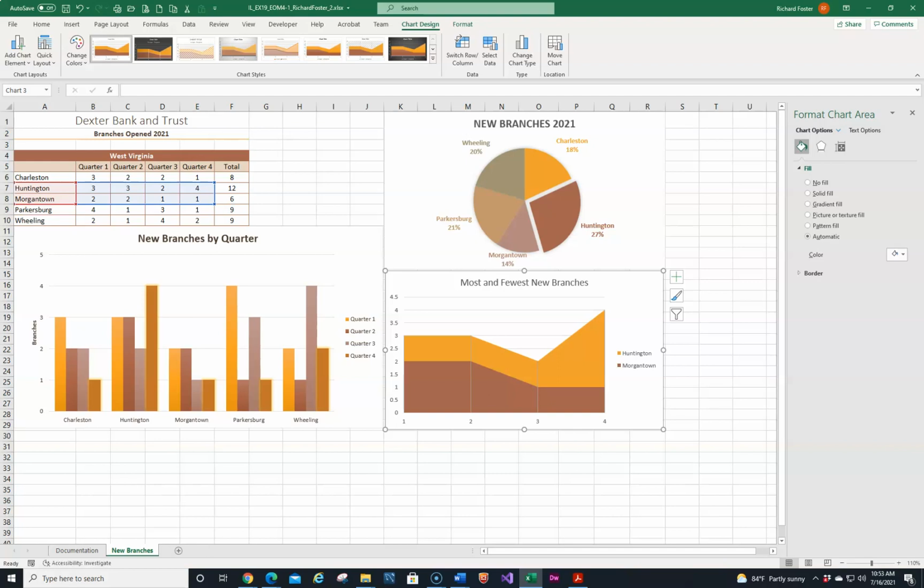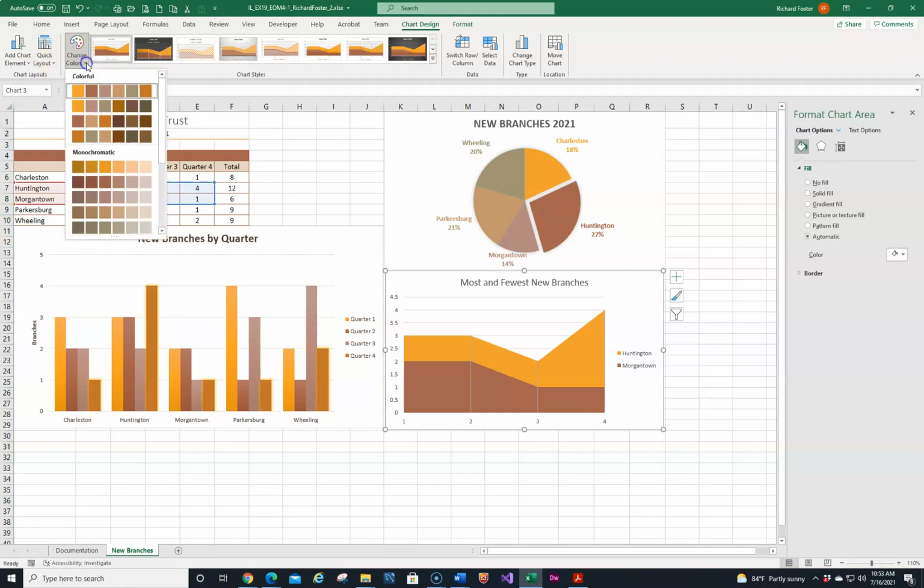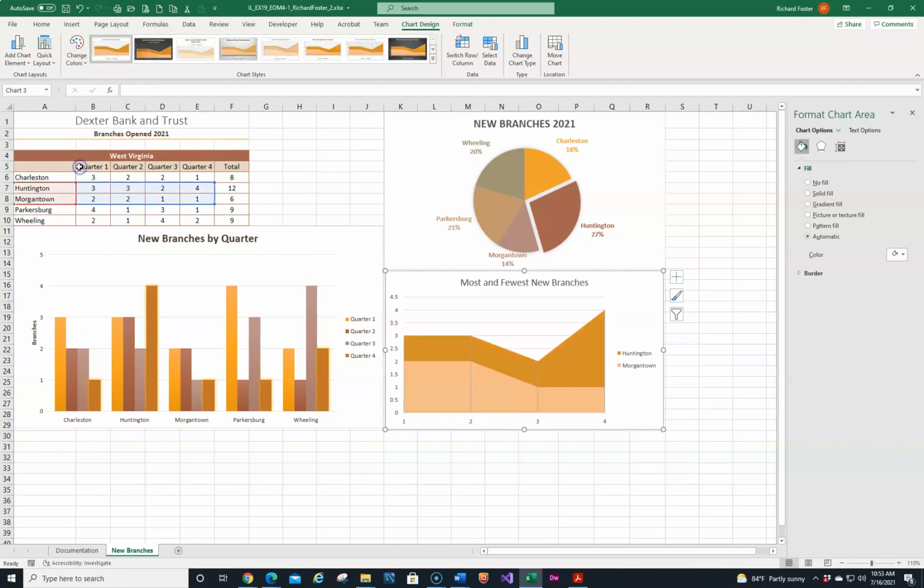And we're going to change the chart colors to Monochromatic Palette 1, which I believe is fairly easy to do. Let's go and click on Change Colors. Here's Monochromatic. Here is Palette 1. And those are what are called softer colors. So now we're going to clarify the purpose of the horizontal axis by adding a primary horizontal axis title to the chart. Now, one thing I want to caution you, if you right-click on a chart, and notice, actually, let's